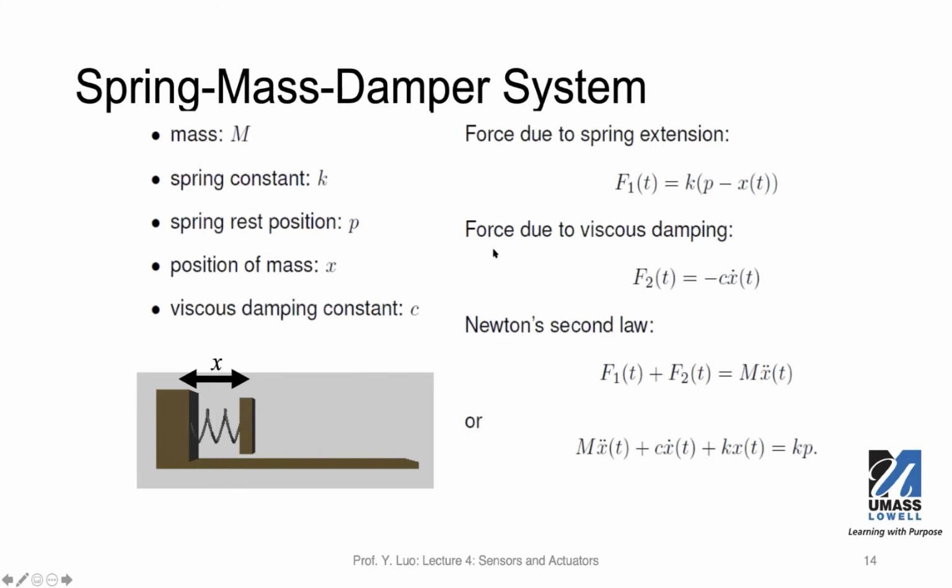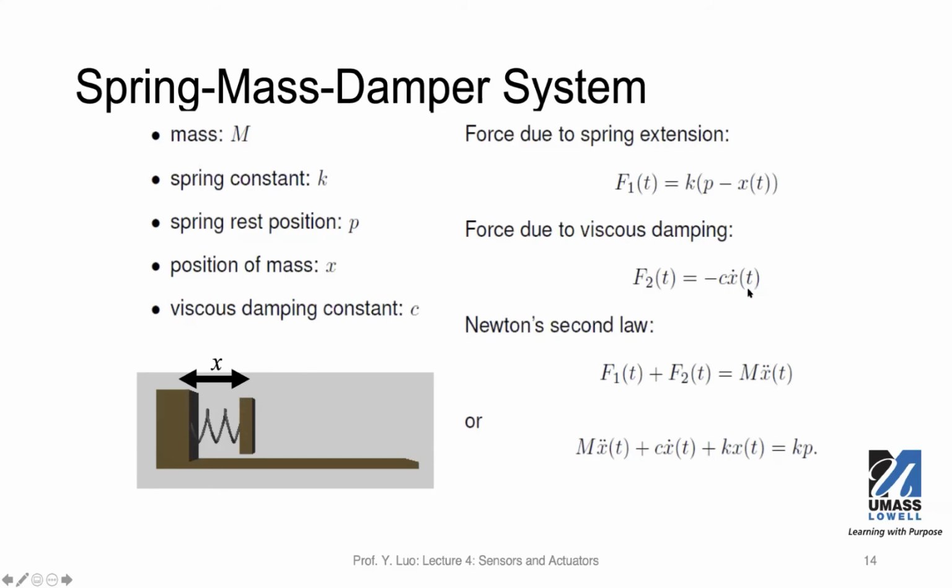And in the other direction, we have a viscous damping effect, which will be pushing the movable piece away if it's getting too close. And this is calculated as the damping constant C, negative because it's the opposite direction. This x dot t is actually the change of the position in terms of time. So you can think about this as the speed of that